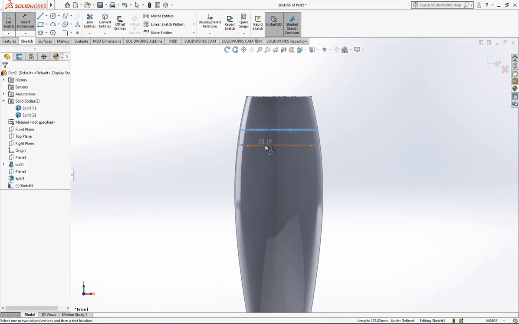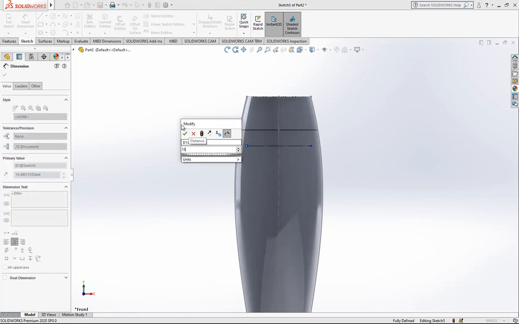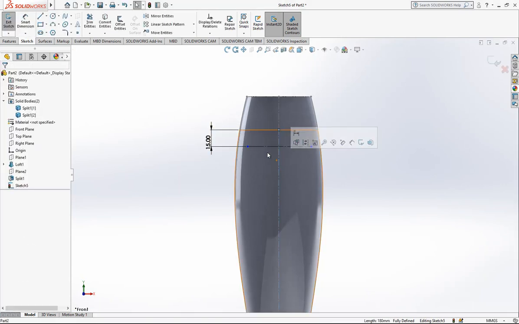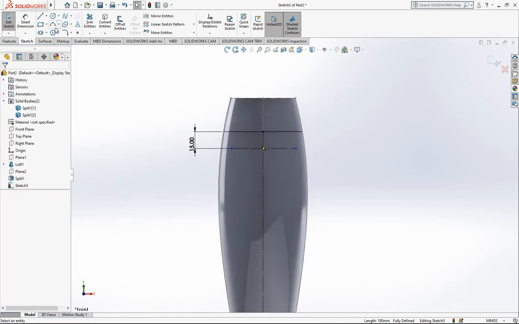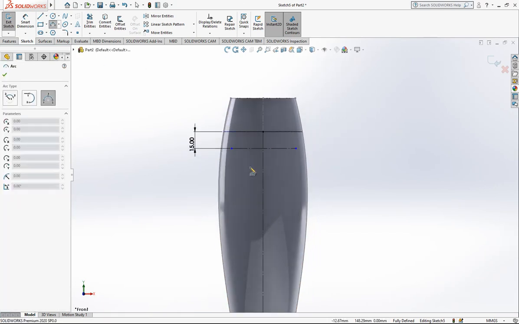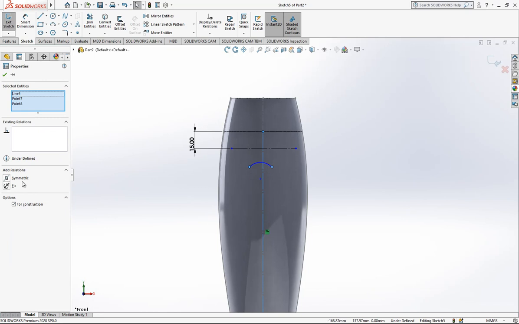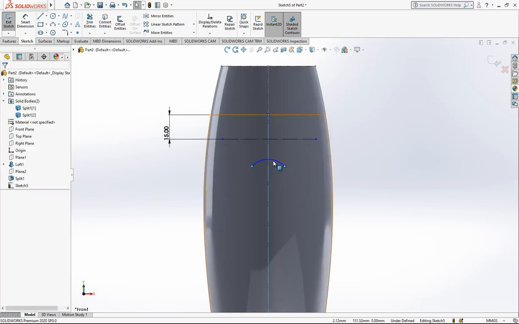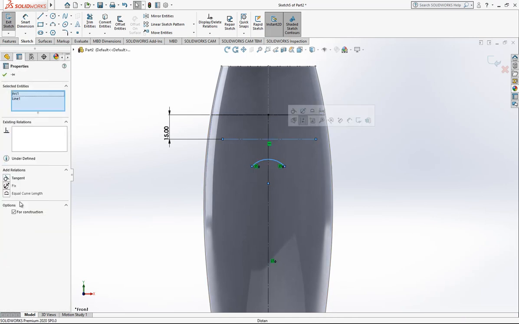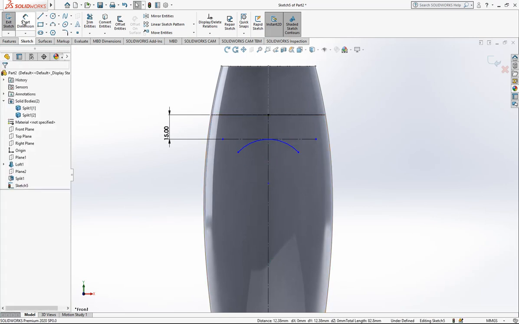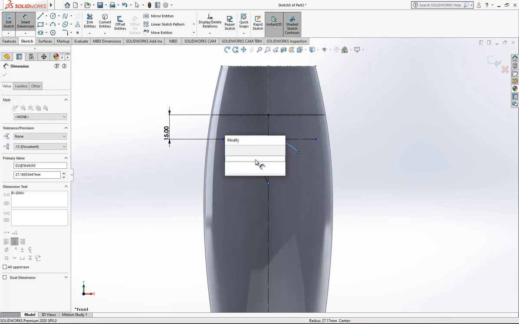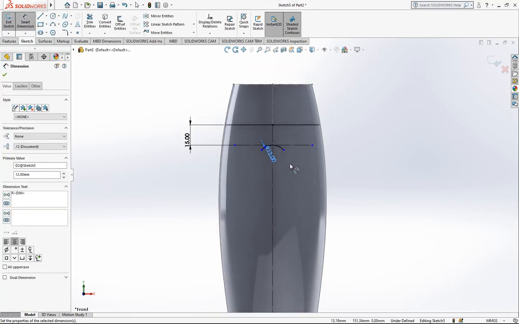Sorry, 15. We can convert this. We can do this also construction line, and then arc here, 2 point, and the construction line. Control button on our keyboard, we give symmetric relation, and here we add our tangency, and now our value will be radius 12,